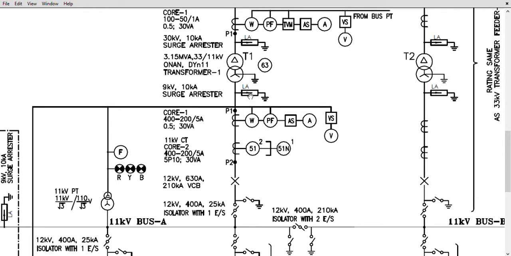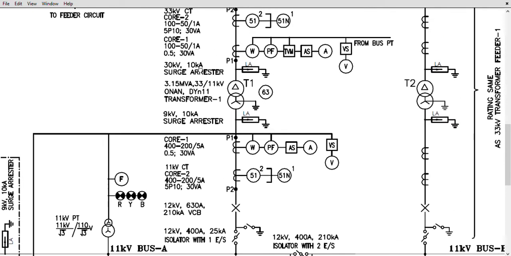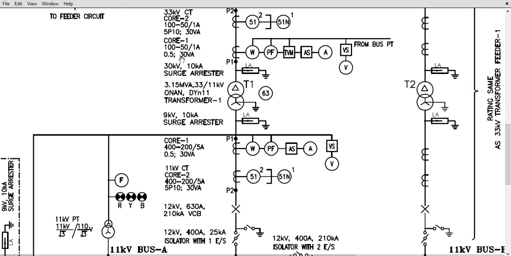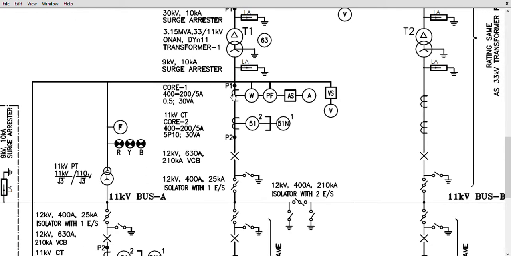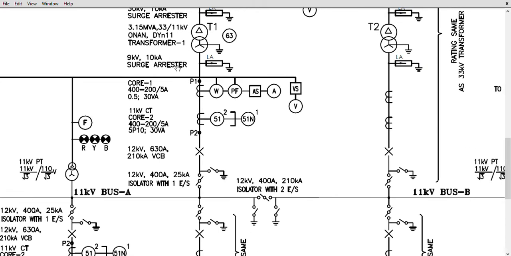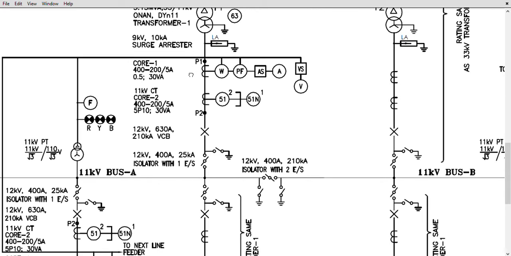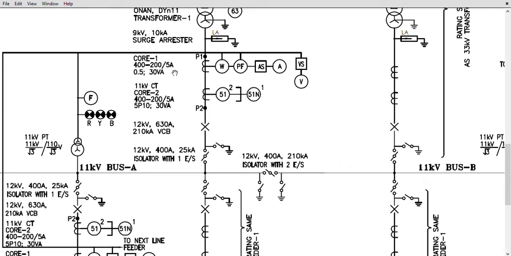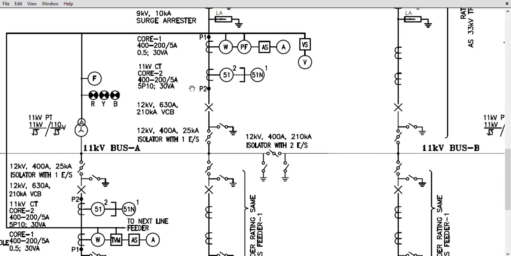So here also similar equipment will be there, but the only difference is that there we had all 33 kV voltage class equipment. Here, since our voltage is now 11 kV, all our equipment will be rated for 11 kV. So here in specific, if you see it is 9 kV, why it is 9 kV and all, those things we'll discuss in a separate video when we discuss each equipment in detail. But for now, here we have the 11 kV lightning arrestor, purpose we already discussed, and again we have a CT. Again this is also a 2 core CT. Core 1, the purpose of core 1 is for metering, the purpose of core 2 is for protection.